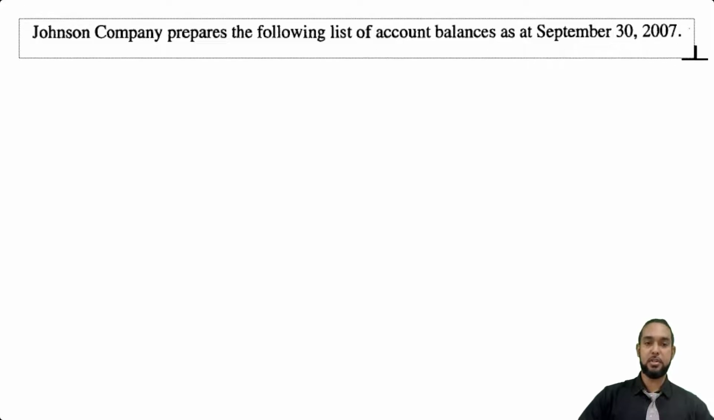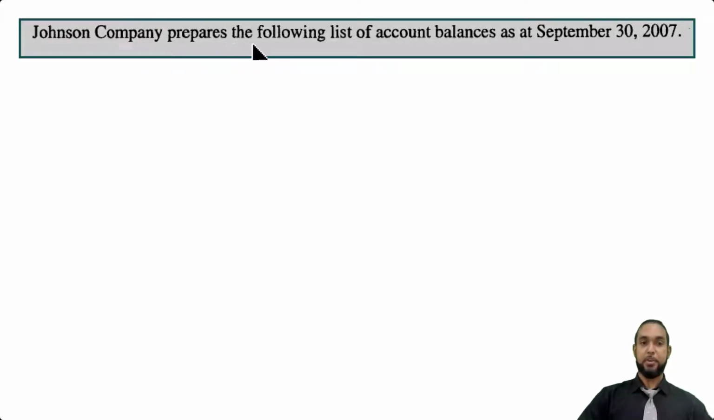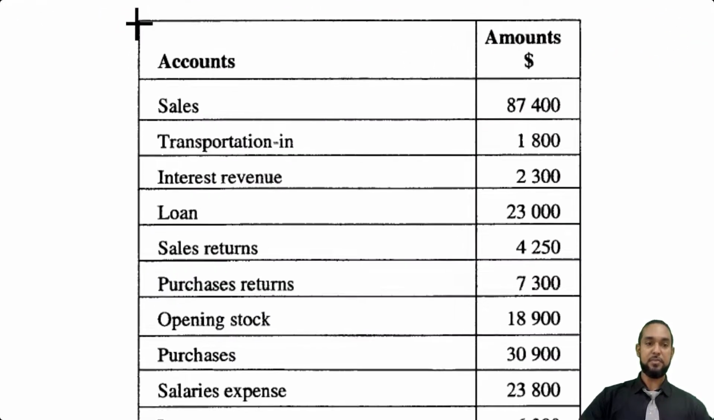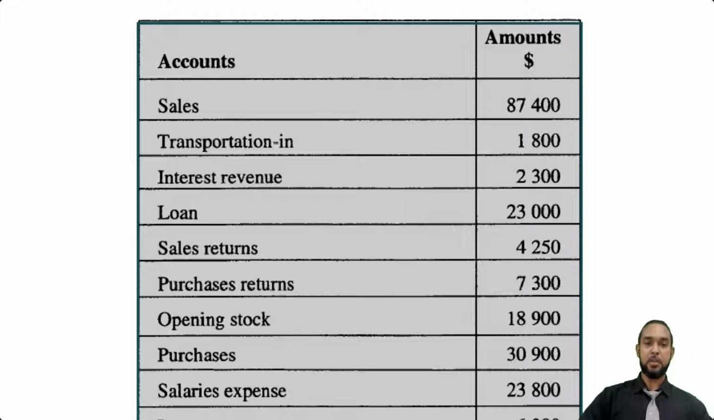And with that said, let's get into the question. Okay, so they start us off by saying that Johnson Company prepares the following list of account balances as at 30th September 2007. Okay, so they give us a nice long list here, and we can see some of the